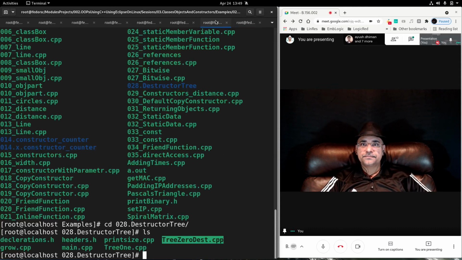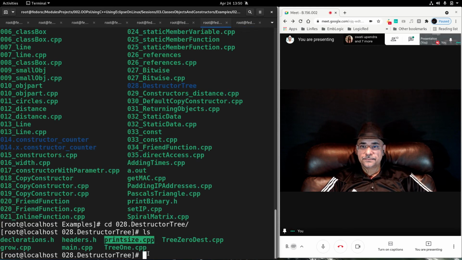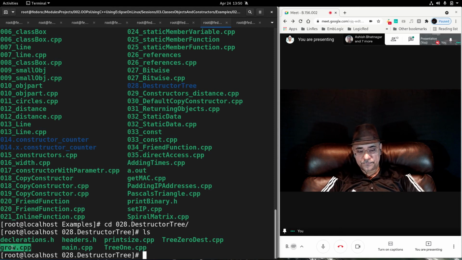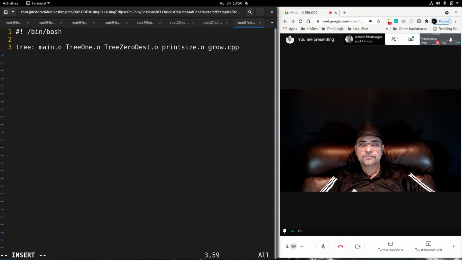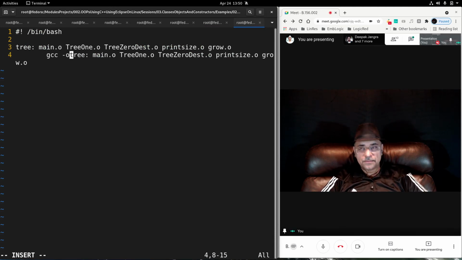then print size.o, then we had grow.o. So you compile it and get it.